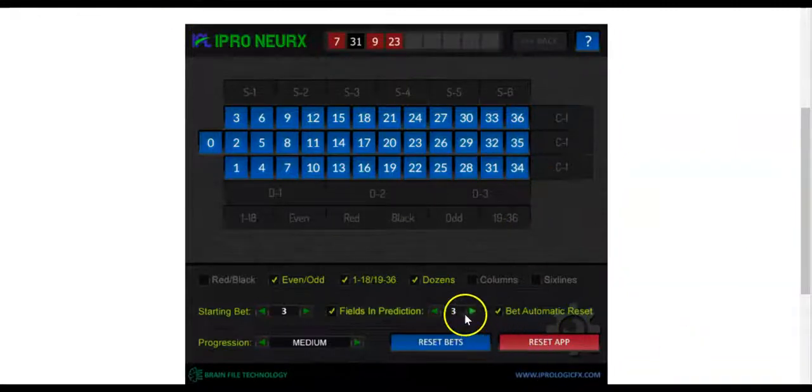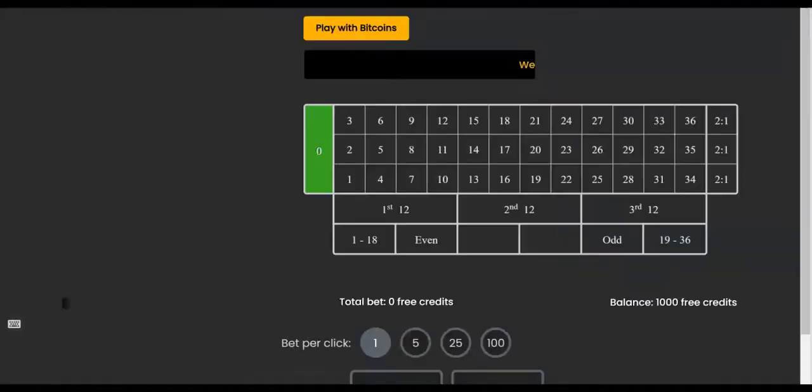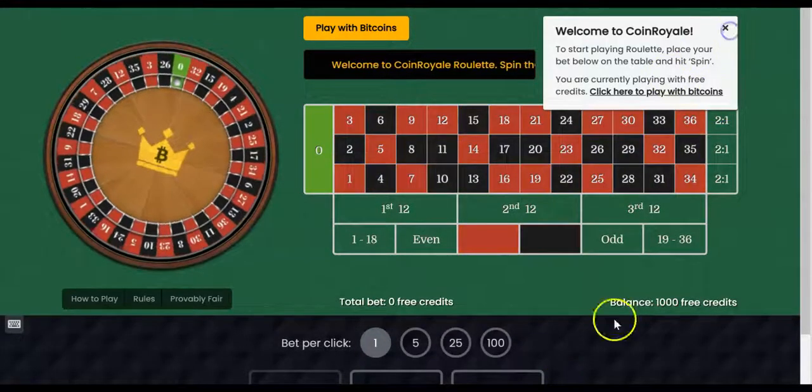Okay, so in this case, again, we're going to use 3 fields, and let's reset the app. I'm going to go to a casino and just show you what I'm talking about. Okay, let's go in here. The first thing we're going to do is